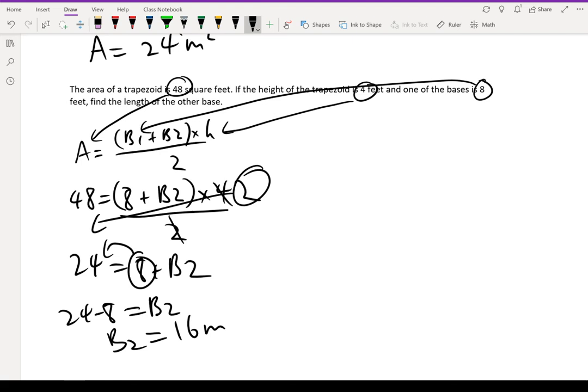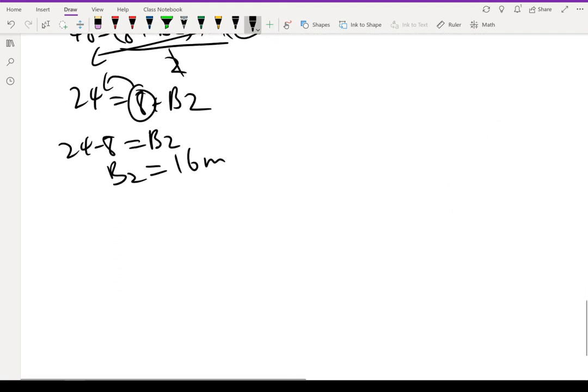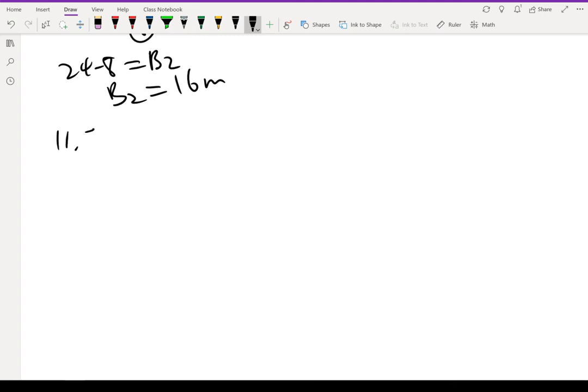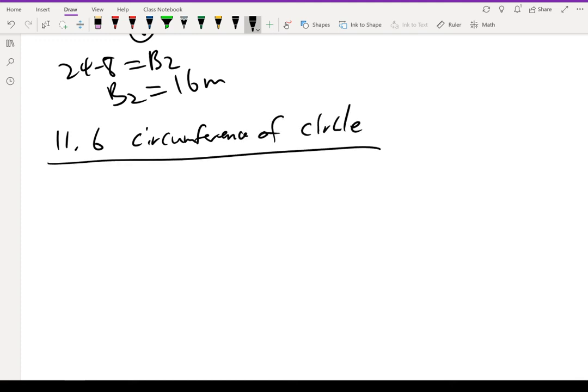Okay, that's 11.5. So we have 2 more chapters to go. I'll try to speed things up. 11.6 will be circumference of a circle. So if I have a circle over here,